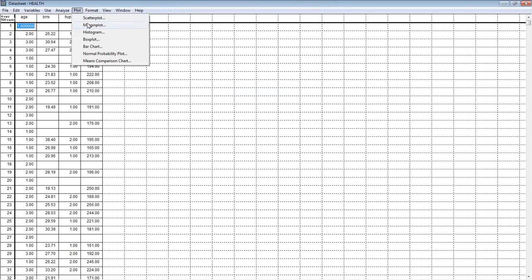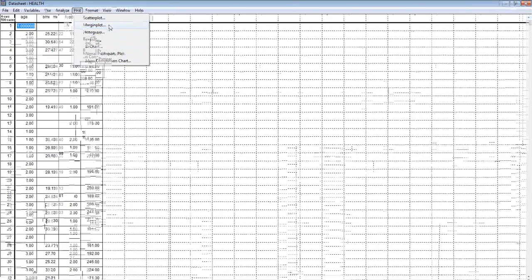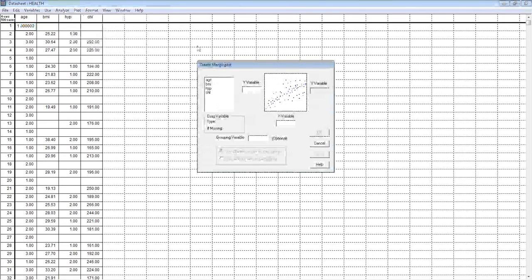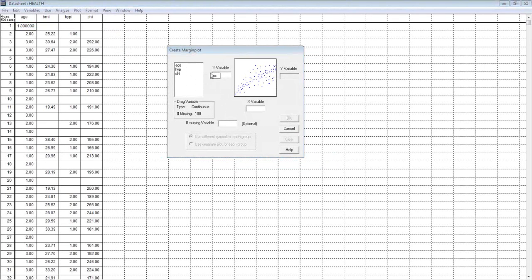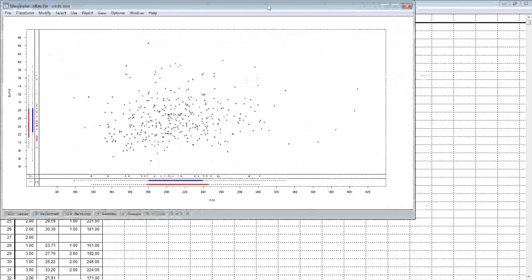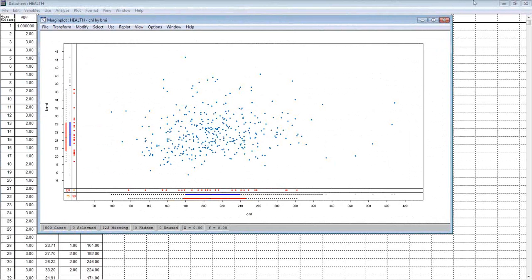So in Solus we have various plots, various assumption checking as well as descriptive plotting. But we have this one plot here called a margin plot, which is slightly different, and essentially it's an expanded scatter plot. So I'll show you an example here. I'll plot BMI versus cholesterol, and again, as you can see, it's a very easy to use drag and drop system. You click OK, and what we've got here is